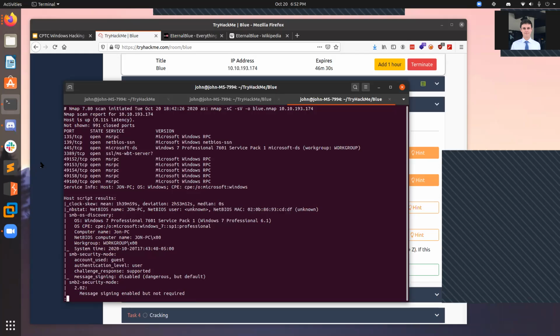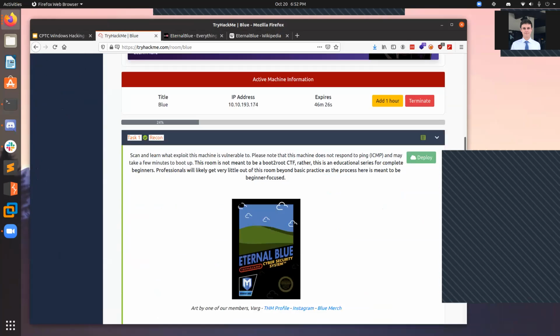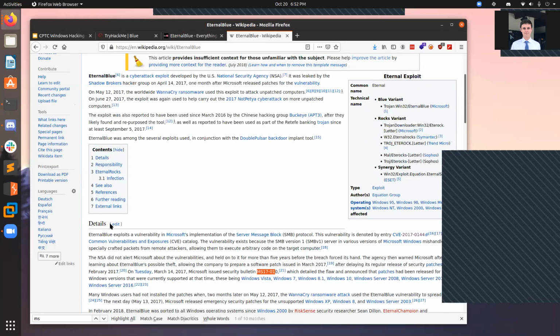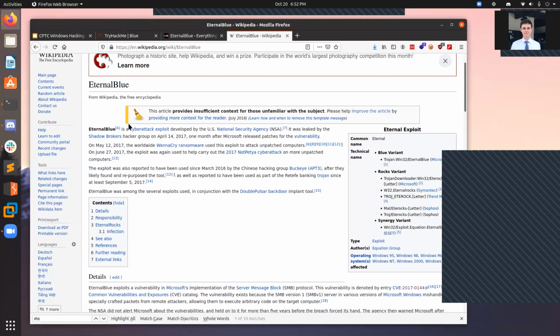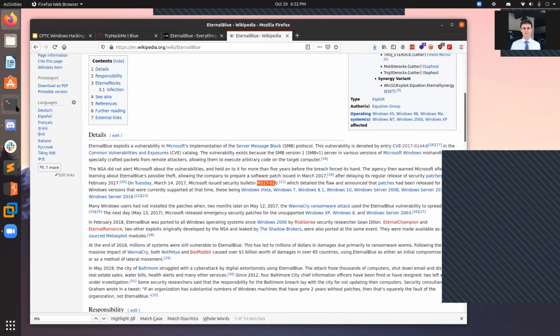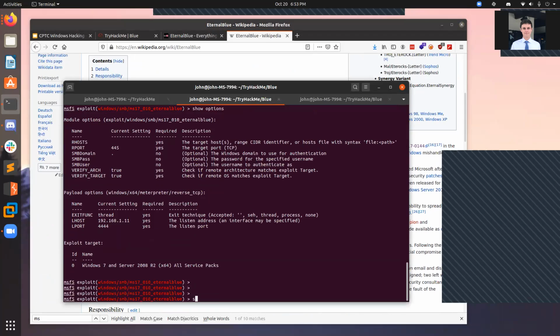And then that, coupled with the name of the box, Blue. Also, if you look at the graphic here in Recon, it literally says it's EternalBlue. If you Google EternalBlue, you'll get a Wikipedia page which tells you it's a cyber attack exploit. So we know this is the exploit we want to use. All I did from there was go back to msfconsole and search for EternalBlue,